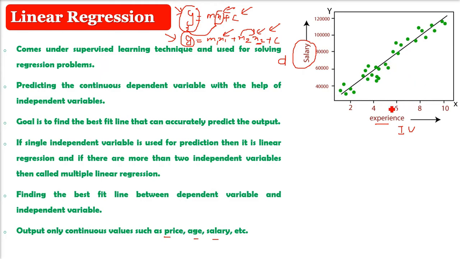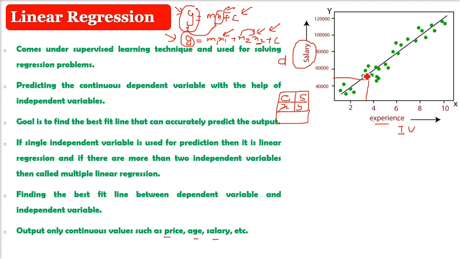Now here is when we take the data, that is for this experience how much is the salary, for this experience how much is the salary, and then you are being asked, okay, for this experience what would be the salary. So we fit a line here. These are all the data. These are nothing but the x and y components. Means you will get the experience and salary as a table like this. So you have these x and y values.